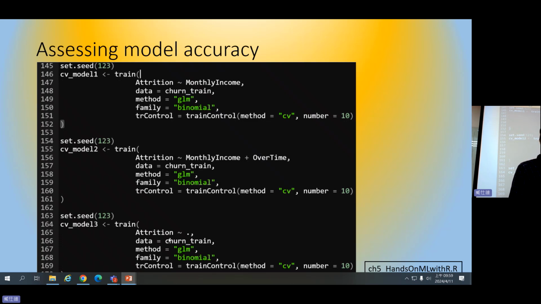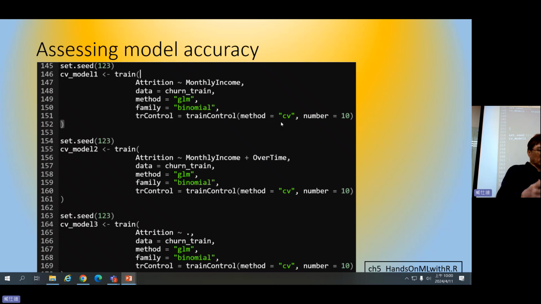The third model is the attrition explained by all variables in our data. Of course there are other setups in this train function. We set the train control method equal to CV, number equal to 10. That means we are using a 10-fold cross validation to extract the sample.